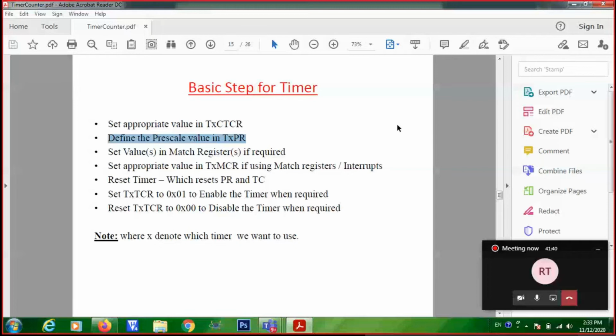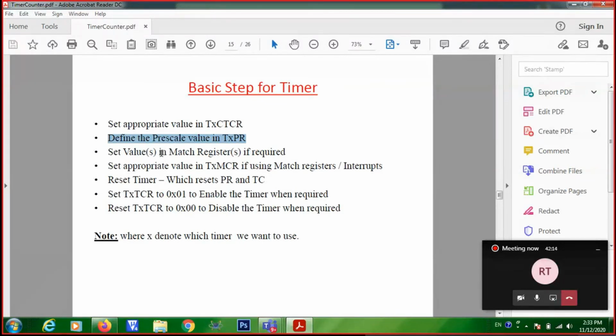Sir, what is the maximum resolution we can use? That depends upon your configuration, the PCLK configuration. Okay, because we can use a resolution of 100 milliseconds and count it 5 times, right? But always the resolution should be as small as possible. That is why, if you do it like that also, it is possible. So prescaler setting we'll see. This is how we are setting the prescaler.